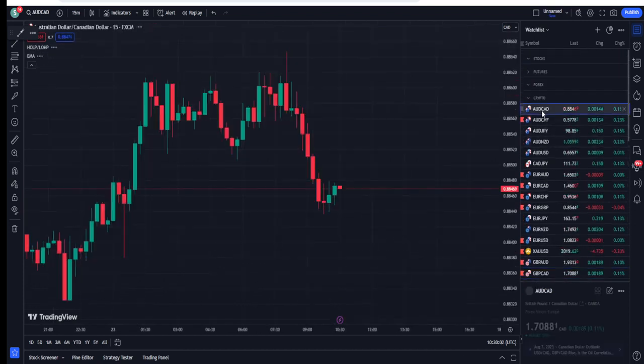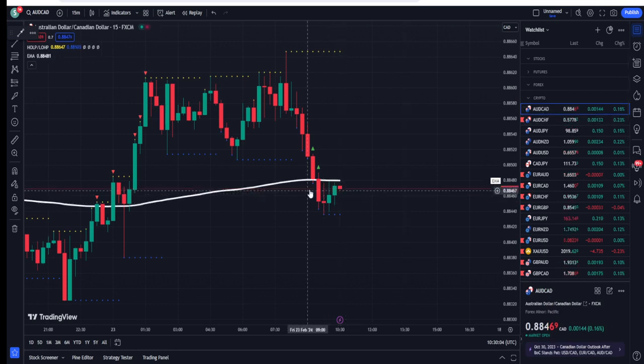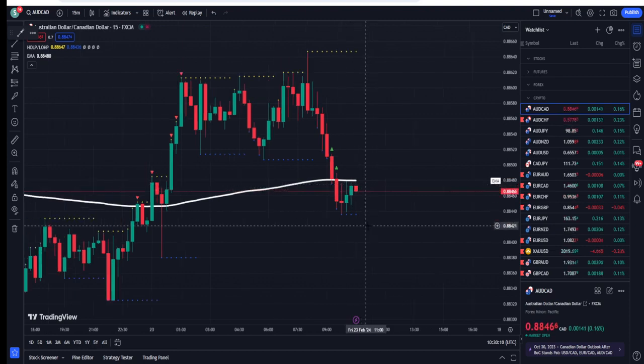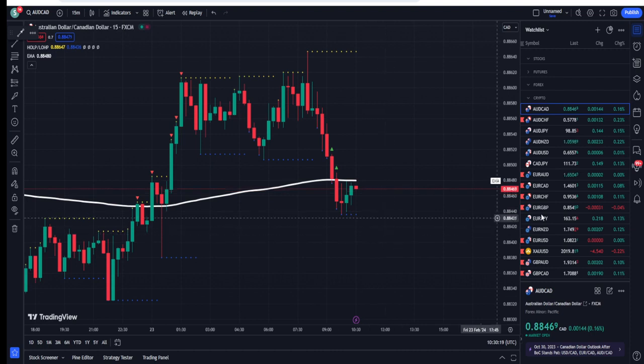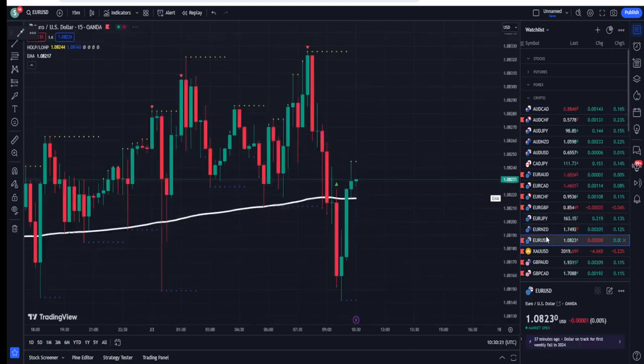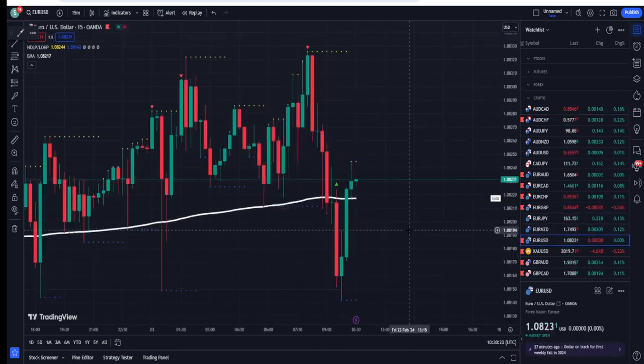Now let's have a look at the other pairs. The price is below the 200 EMA, so we will not buy. If the market starts to give us the dots from the top, then we can go for a sell. Similarly, you can see that was an easy trade above the 200 EMA. That was an easy bullish chance, and you can see price has gone up. So very simple and very easy to trade with no problems.